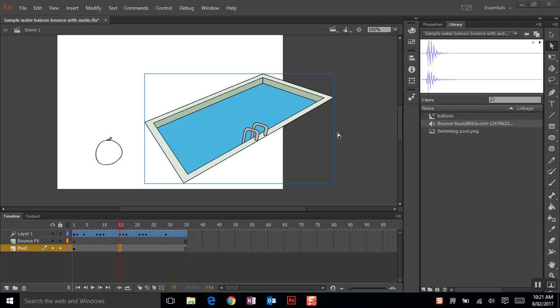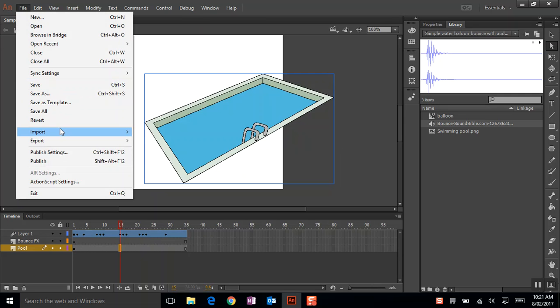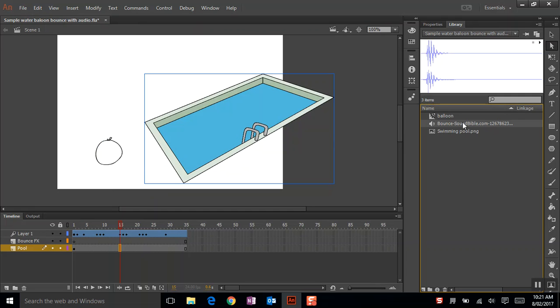So this is a quick demonstration of how we add audio. What I've already done is go File, Import, Import to Library, and I've placed the sound bounce in here. What we can do in the library is preview the sound,